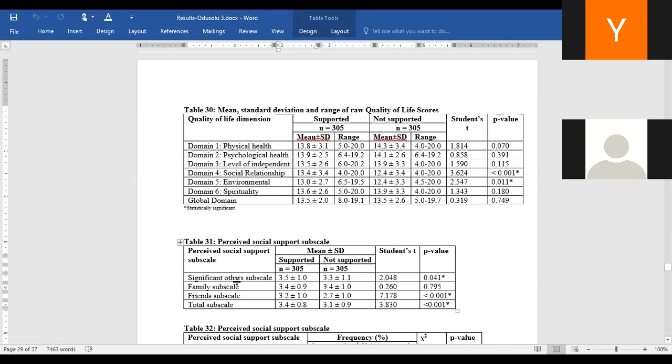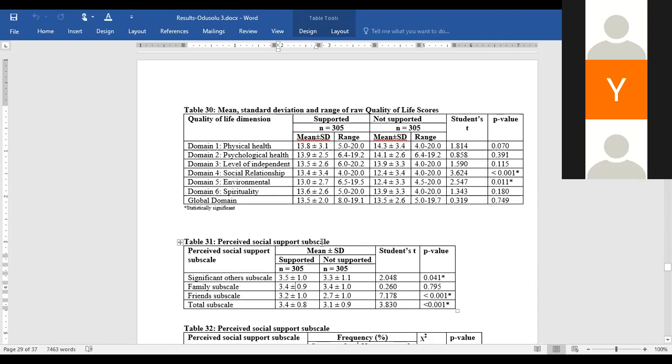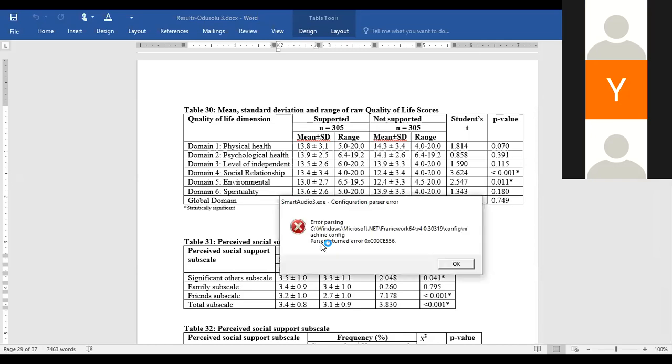So now look at this one, the passive social support scale. Okay, is this the way? Is that the way to present? Is this okay? Are you listening? What did you say? Is that the way to present? Yes, sir. Yes, you can present like that.